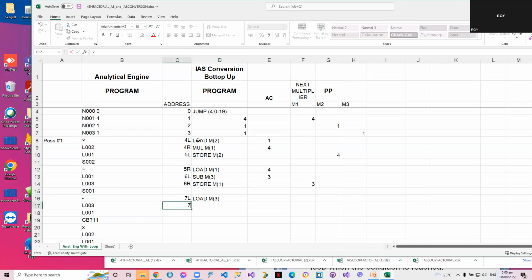In 7R, we subtract M of 1. So if you load M of 3 here, this becomes 1, minus 3, this becomes negative 2. Now the problem here is